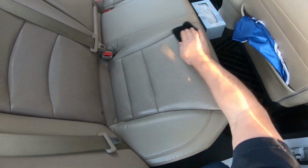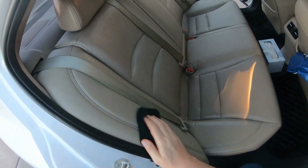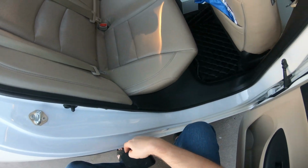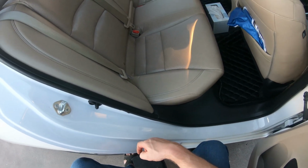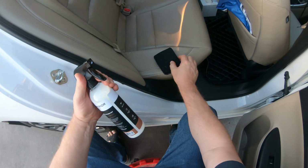So as you can see, nice, it's working it in. You can definitely tell it has some oils in it, essential oils in it. It softens that up. Looks nice and fresh. It's not greasy or wet to the touch, so it puts a little bit of sheen on it, more of a satin sheen. And like I said, this is